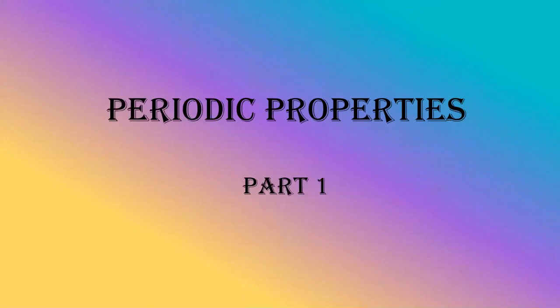So this is the fifth lecture, and we have come across 4 lectures on atomic structure. If you remember your class 11 syllabus, the first chapter was basic concepts of chemistry. Then the next chapter was atomic structure, followed by the second chapter, periodic table. Here also the same pattern is followed.